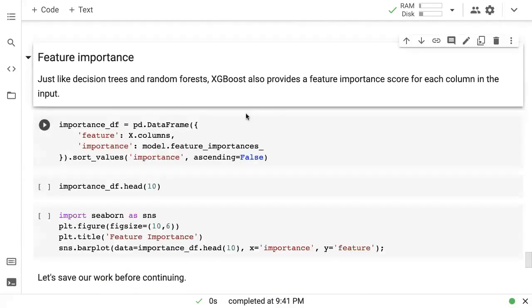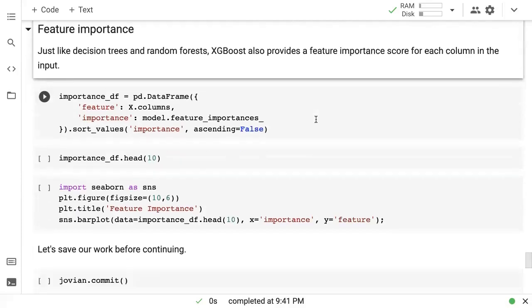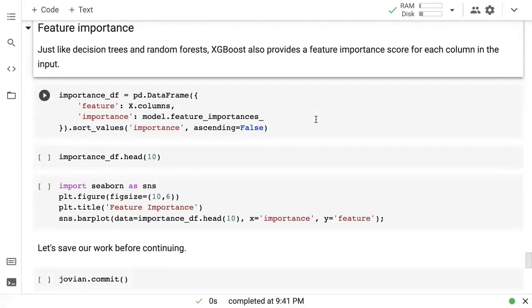And just like decision trees in random forest, XGBoost also provides a way to understand how important each feature is: the feature importance score. You can look into how this is calculated, but there are a couple of ways. One is called the gain, which has to do with how much each feature has contributed to reduction in loss over all the trees.